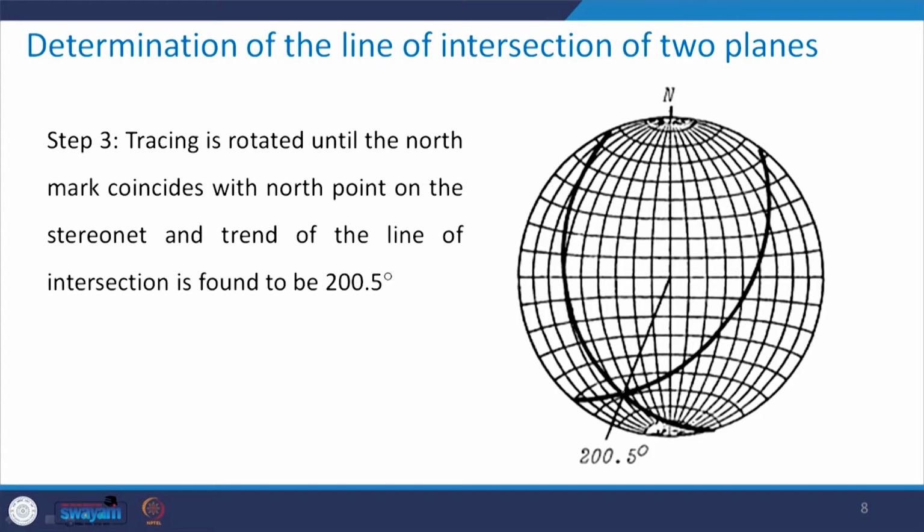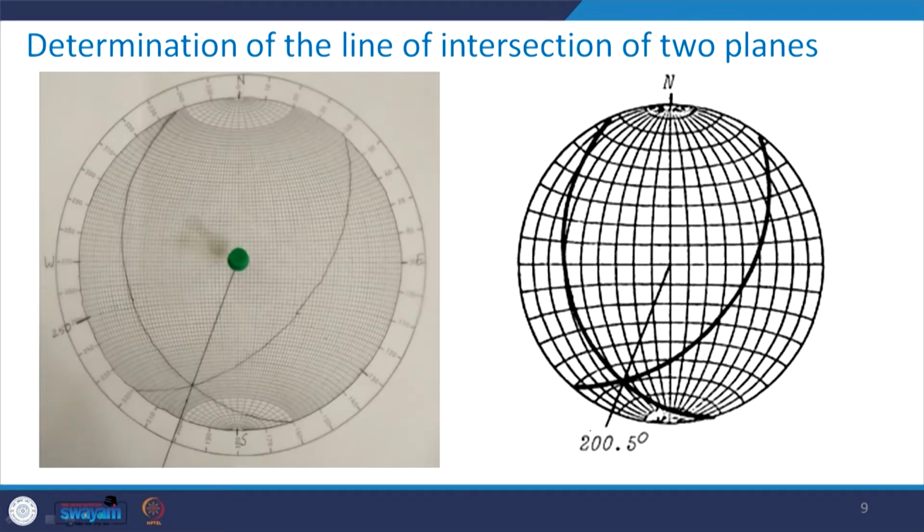So, you see that this is how it will look, and then we draw a line from the center joining this point of intersection, that means this line. Here I have drawn this line and the north is matching with 0 of the stereo net, south is matching with 180 degrees, and automatically the circle on the tracing sheet is on the circle of the stereo net. They are coinciding with each other.